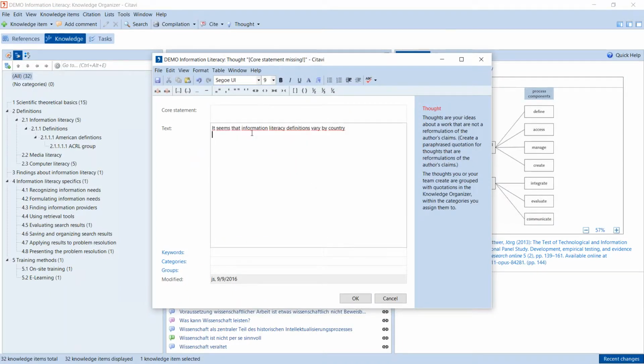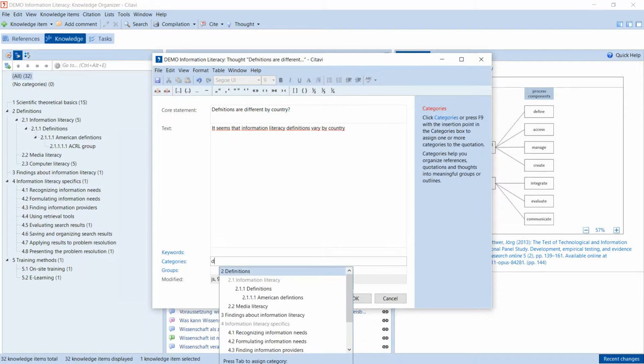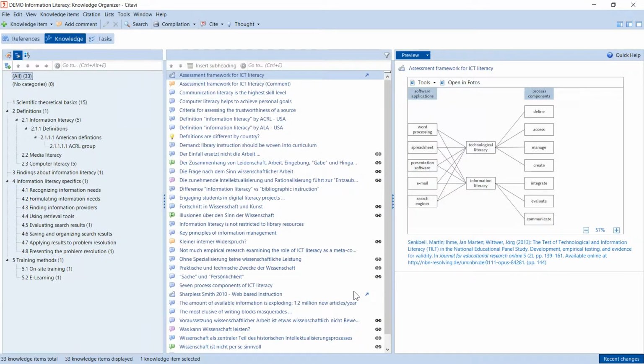So I can do that the same way I would a quotation, where I have my idea, and then I can say something like that for my core statement, and I can add that to a category as well. So maybe I would like to have that in my definition section, and then I can click OK. So you have all of these pieces of information, you have your own ideas, and you've brought them into this